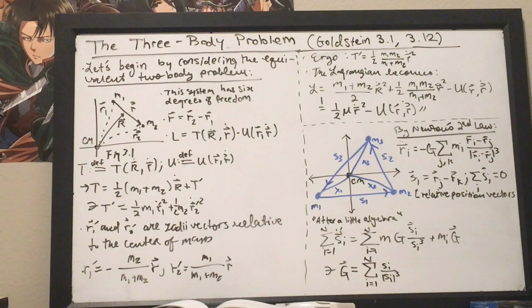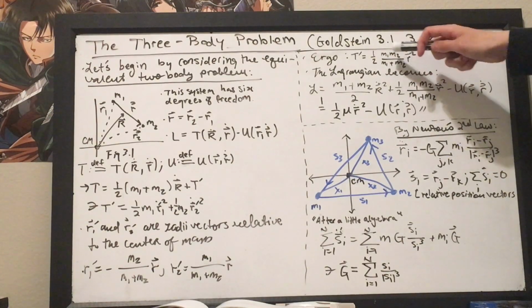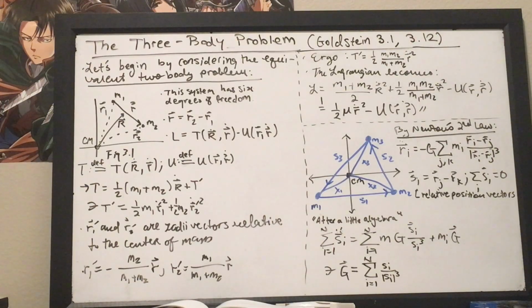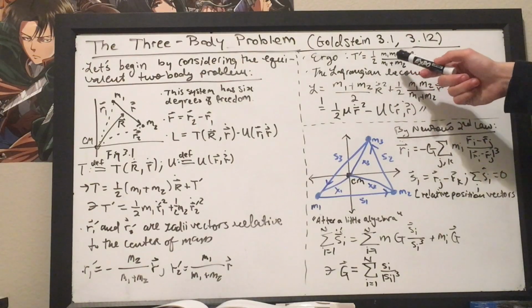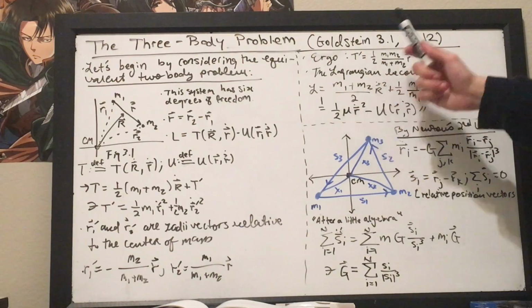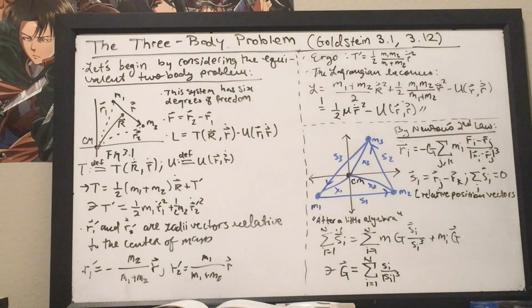Goldstein skips a fair bit of algebra because he wants to get to the heart of the issue, namely that you can express our T prime, once we know our r1 prime and r2 prime, in terms of just the velocity r dot squared and a constant known as the reduced mass. The reduced mass frequently gets rewritten as mu because it's a lot less tedious to write mu than m1 times m2 divided by the sum of m1 and m2. But anyway, with that in mind,